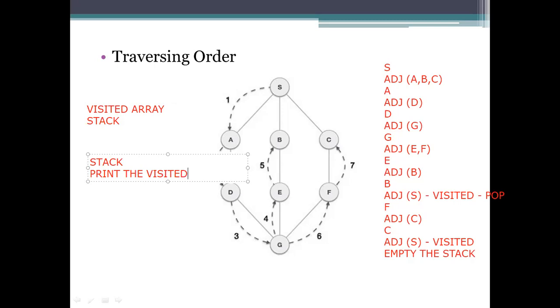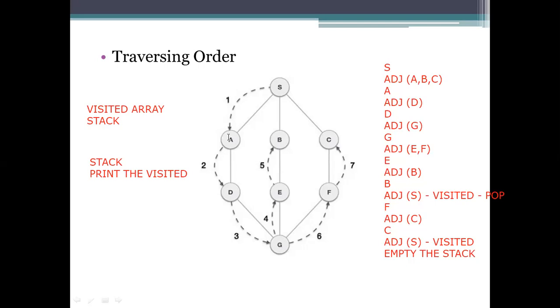Okay. And coming to the order of presentation, this order will start from the root. Then we take the number of edges we are having. It is having 3 edges, and we need to visit from left to right. So we started the traversing from S to A. That is the first one.